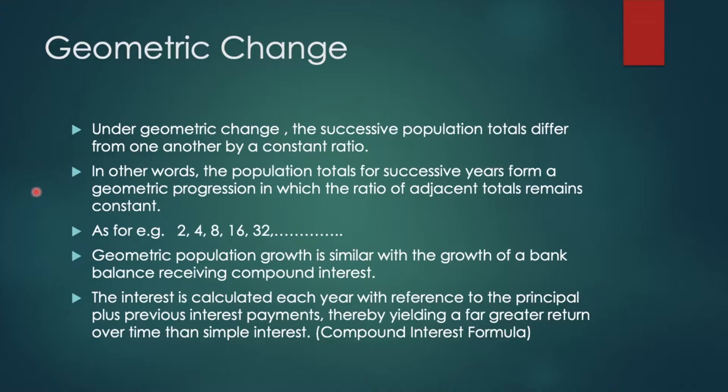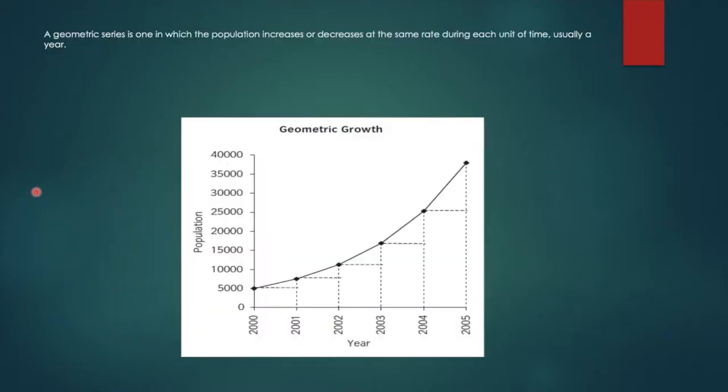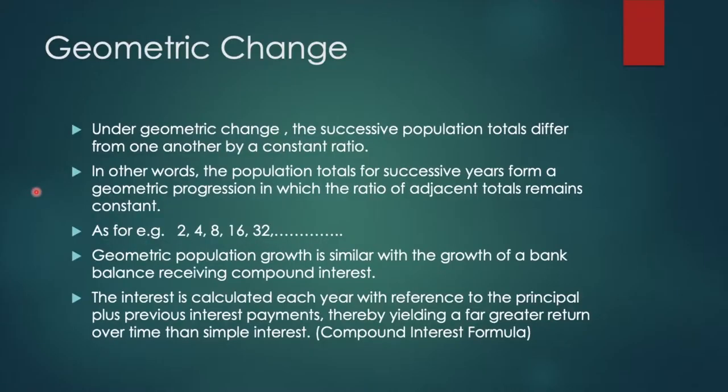Hello dear. Today we'll try to understand about geometric change in population. So the geometric model is one of the important models to understand and estimate population, past population trend and estimate the future population. Under geometric change, the successive population totals differ from one another by a constant ratio, irrespective of